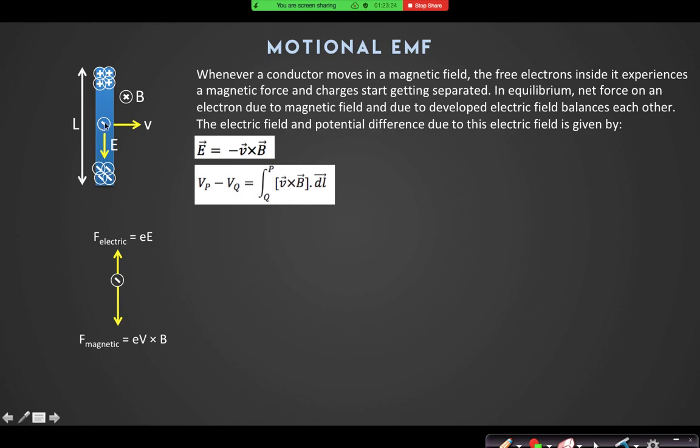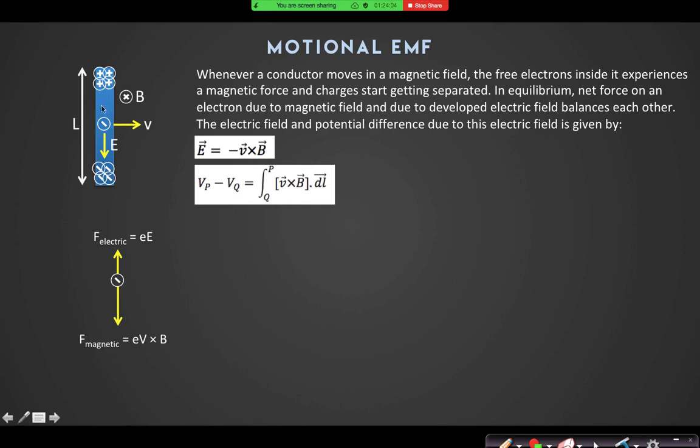Suppose a conductor has enough electrons that can move inside it. So think about a particular electron which is also moving with the conductor in that magnetic field B. Now this electron is experiencing a magnetic force, right? The magnetic force on this electron will be e into v cross B. Yes or no? Now forget about that ring, the entire rod. You only think about that negative charge, which is moving along this line with a velocity v.